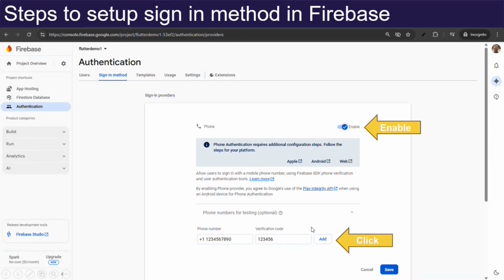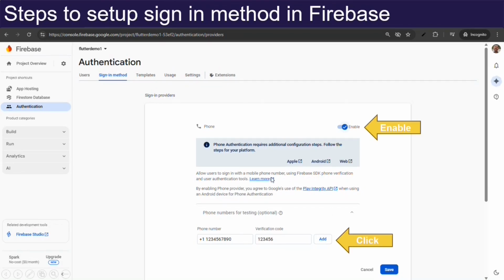And if you just want to test your phone number in the emulator, then you can use this feature, phone numbers for testing. So here you have to provide the country code and then your 10 digit phone number, and this is a dummy verification code or OTP that you have to add so that you can test your sign in method inside the emulator, and then you have to click on save.